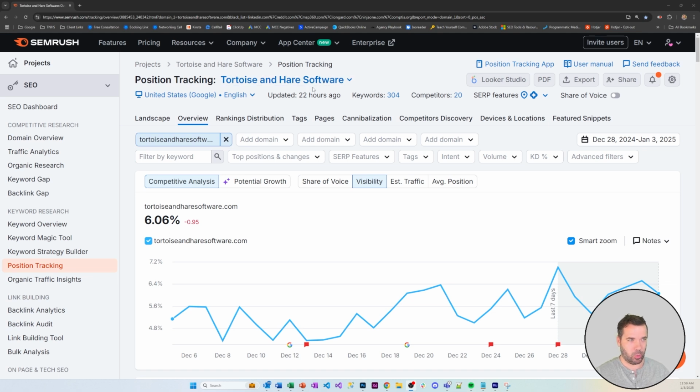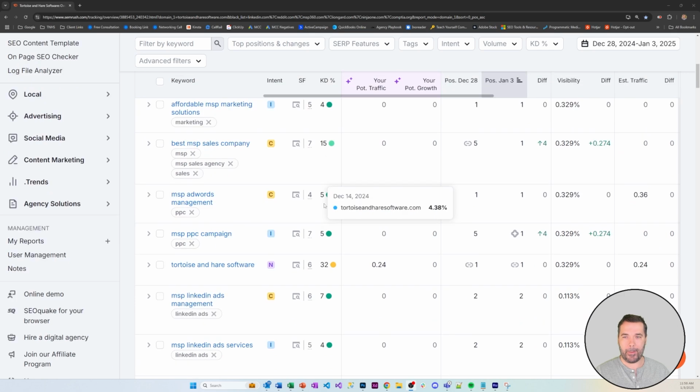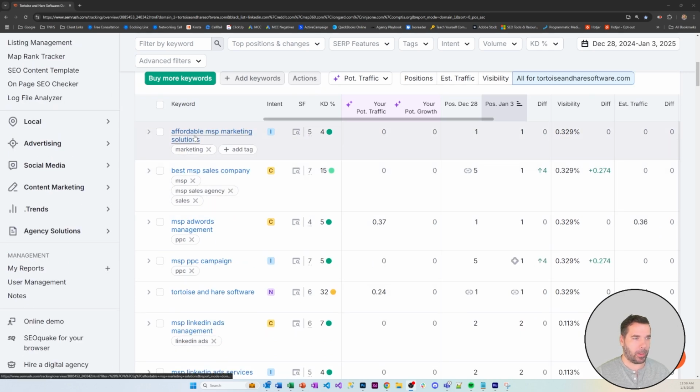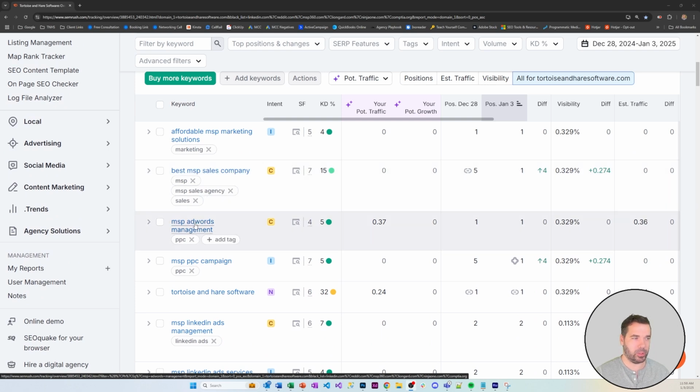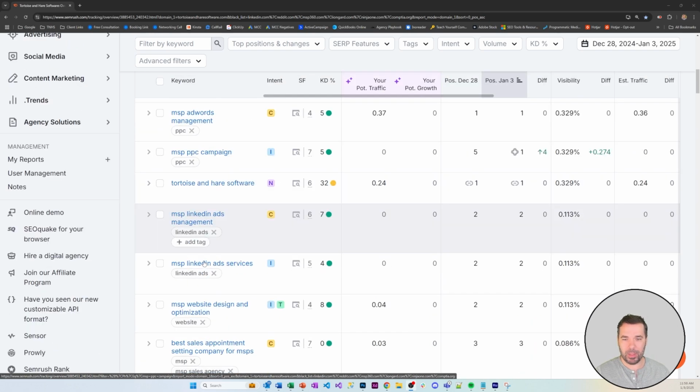I've got the position tracking report open up here, and the first thing I will call attention to is this number of keywords here. And the second thing is this competitors, because this is how you set up this sort of report and get this functionality. So this report is dependent on the keywords that you track. If I come down here, we've got a list of 304 keywords that I'm tracking, and they include things like affordable MSP marketing solutions, best MSP sales company, MSP AdWords management, MSP PPC campaign, MSP website design and optimization,